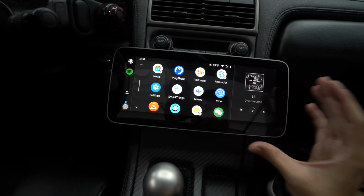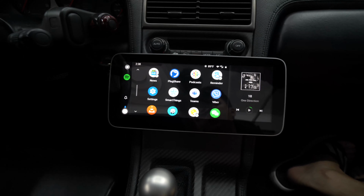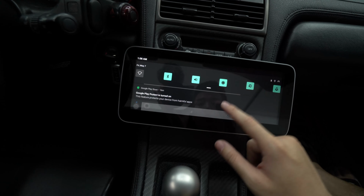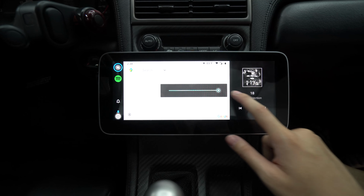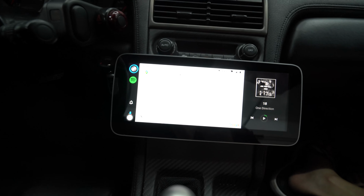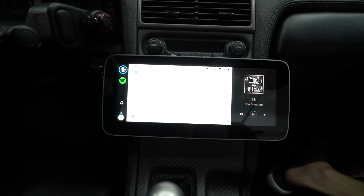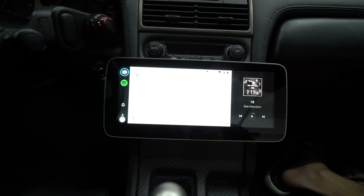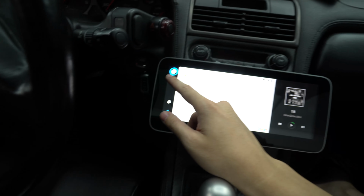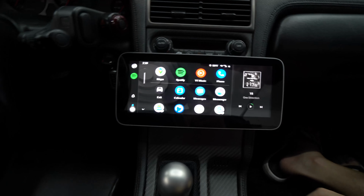The display looks really beautiful. It has nice wide viewing angles, and it has nice contrast to it. The brightness, you can get it so bright. This is on the lowest brightness I had on the screen, but you can have it so bright that you're gonna need it to be really bright, because when you're outside driving, you want a really bright screen, because you know there's a lot of light flooding through your car windows. So having it so bright where you can't even see this because it's so bright, that's what you want. You want something incredibly bright so you can view it outside, which you're gonna be when